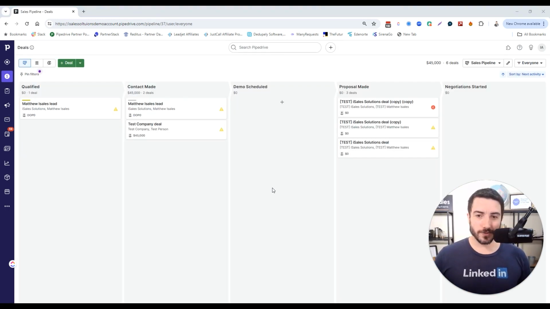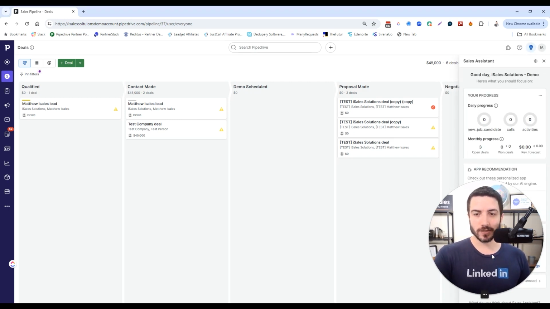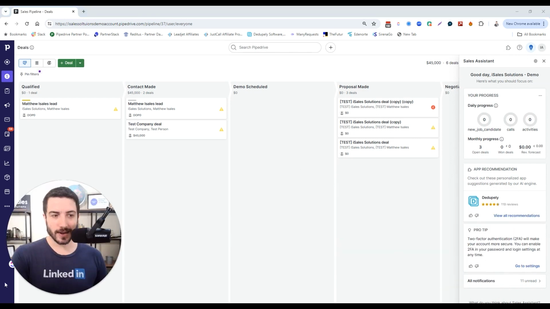All right, so the last few features I mentioned have to do with apps and integrations. These are the two features that are available in all plans. Pretty simple, but can be powerful as well. First one is the AI-assisted smart app feature, which allows you to get customized app recommendations based off of companies that are using Pipedrive and seem similar to yours, or based on what you currently have integrated with Pipedrive. So for example, for us, this feature is the app recommendation, the smart app feature here, and it's saying